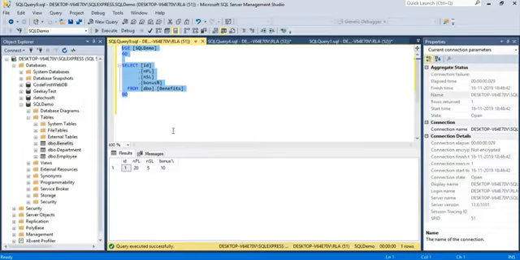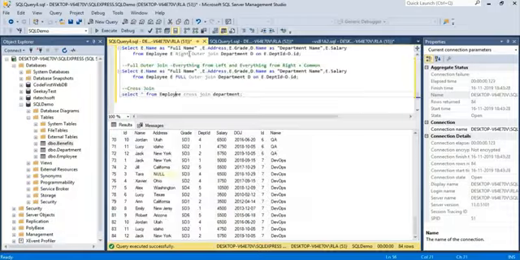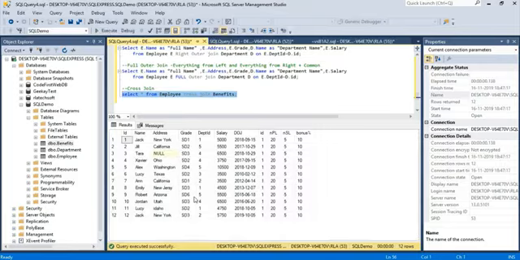And since this is applicable to all the employees, now I can cross join, instead of department, I can cross join benefits. Okay, so now this makes more sense because every employee is having the same benefits, or these are fixed benefits